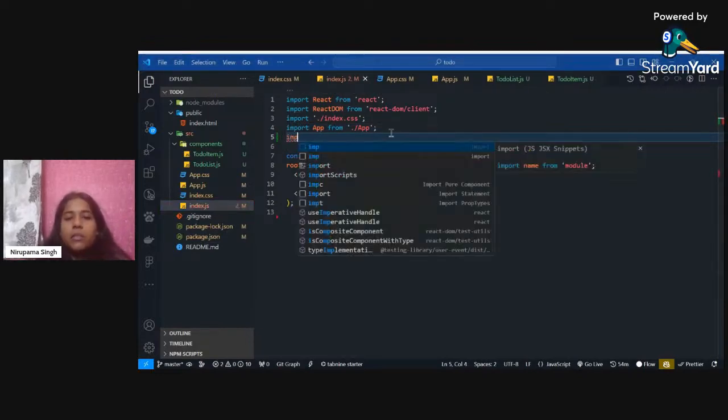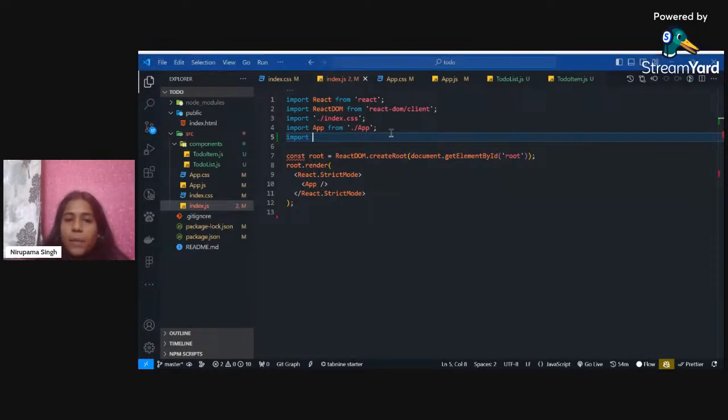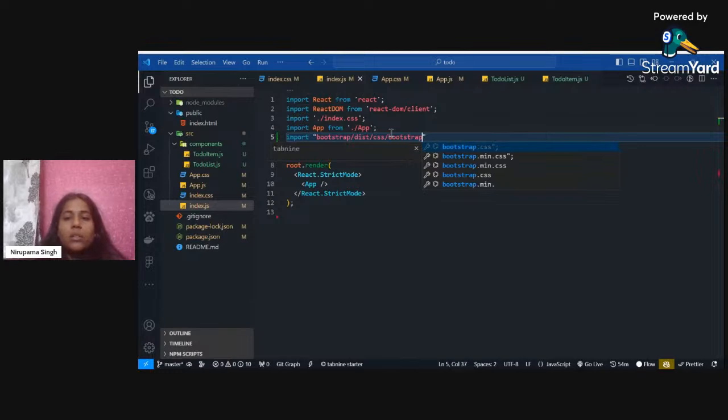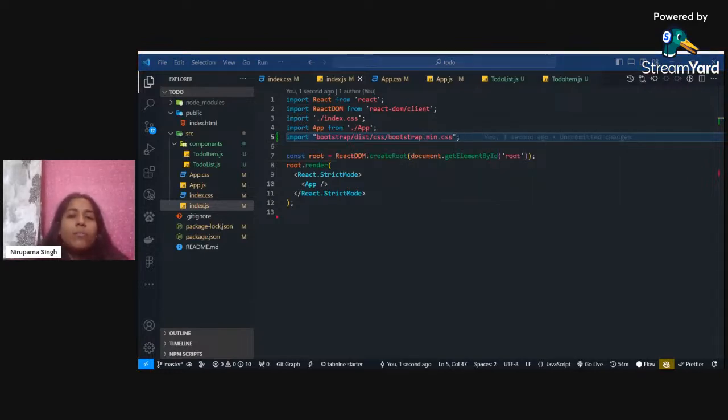How do you import it? Just write import, and there is a particular fixed line where it is stored. It is stored inside bootstrap. This is a line that I can send on the WhatsApp channel as well, and you can even check this out on the website of React Bootstrap. So we've done this, and the moment you do this is the moment you'll see a lot of change in your application, right? So first,